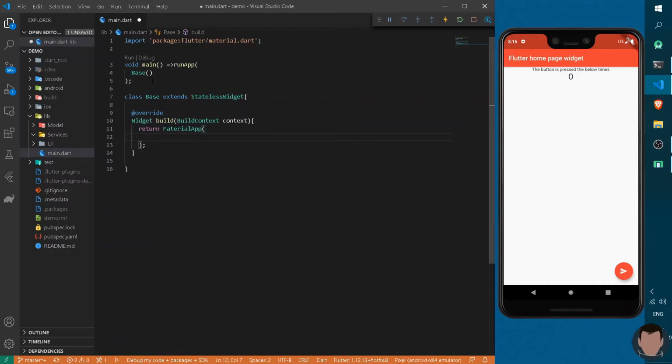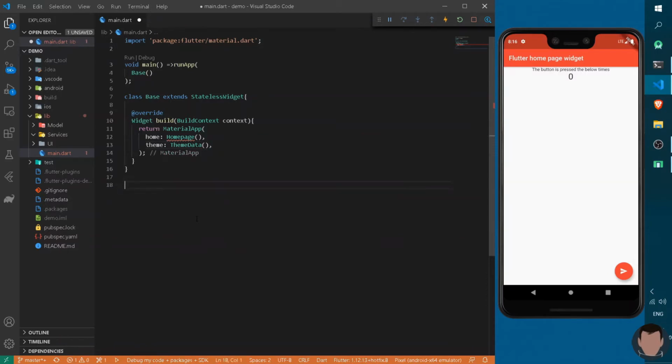Yes. The first process is initializing the material. That is the blueprint of our entire code. So you can return a MaterialApp which will take a parameter as home, which will be a class that is going to be a stateful widget. We can name it HomePage. Also it will take a theme which is going to be ThemeData.